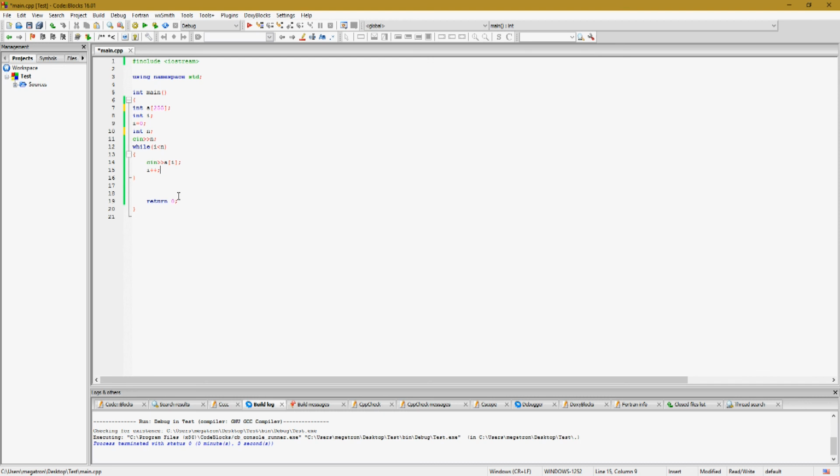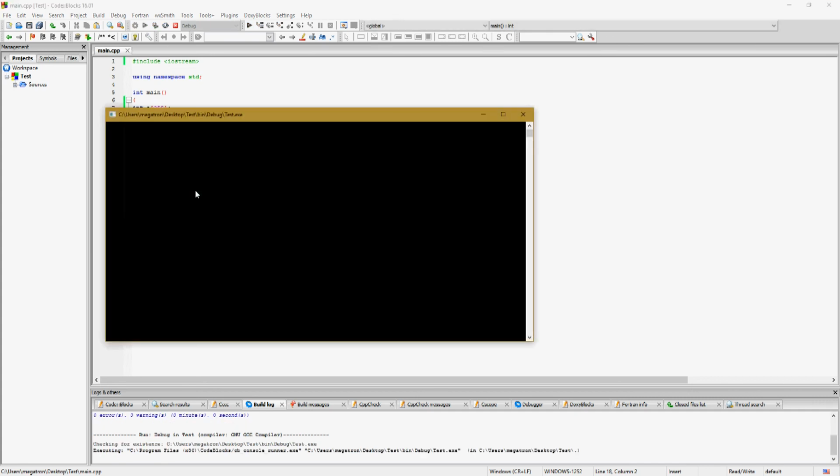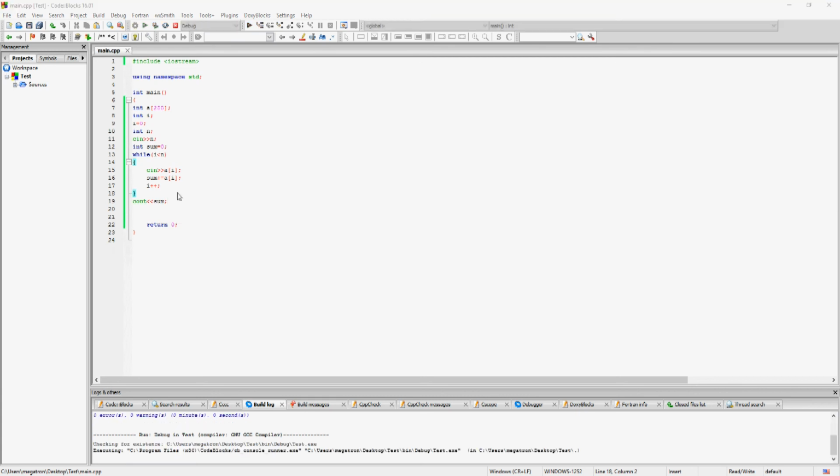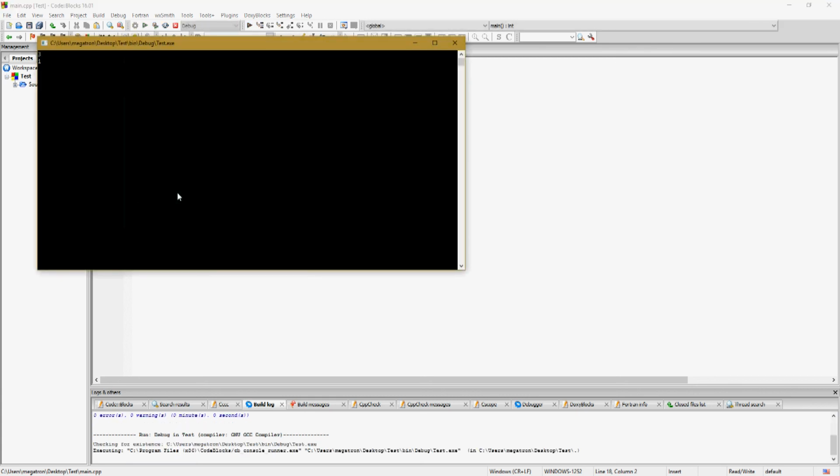Alright, this is wonderful. Another thing that you can do is create the sum of n numbers. So we can say int n, cin n, int sum; and then we can say, oh yeah, sum equals 0, by the way. And then we can say sum plus equal a[i]; and that is very useful, because you can say, for example, oh yeah, I forgot something, cout sum. And this will allow us to read, for example, 3 numbers, and I want 100, 200, and 300, and you see that it shows